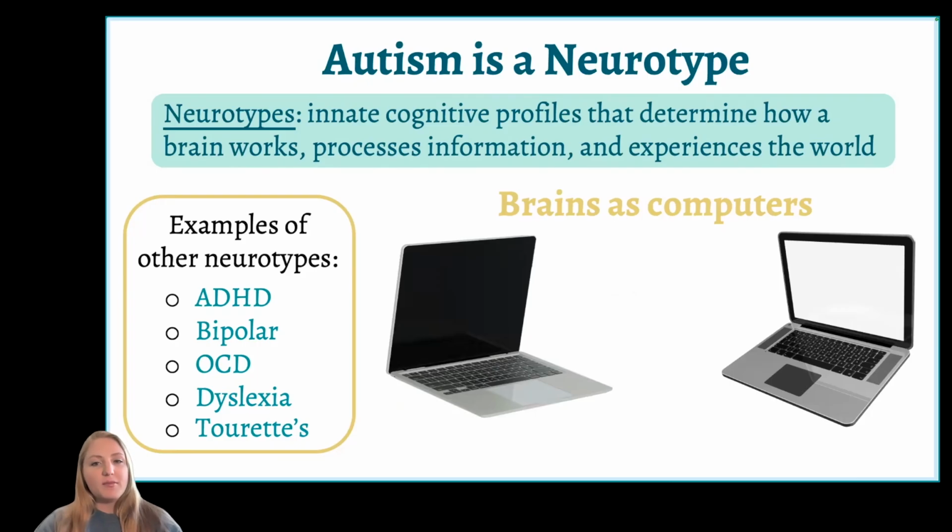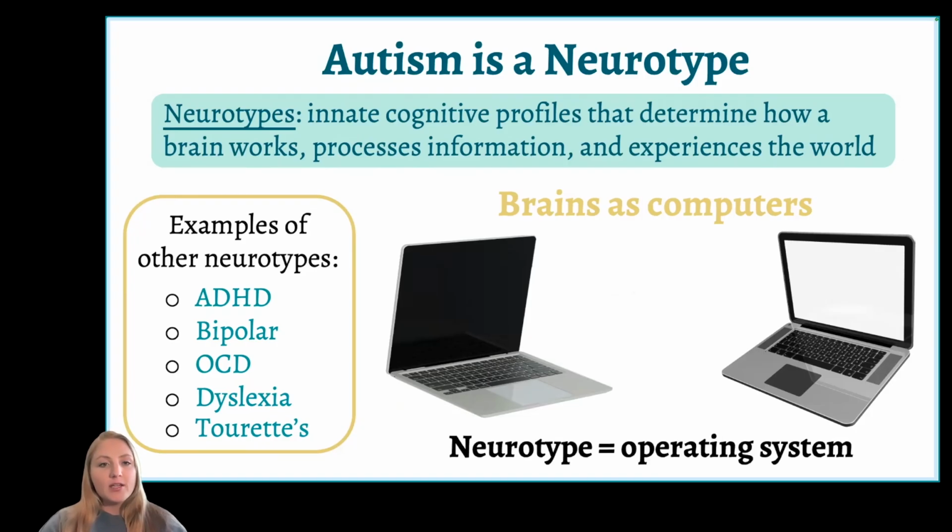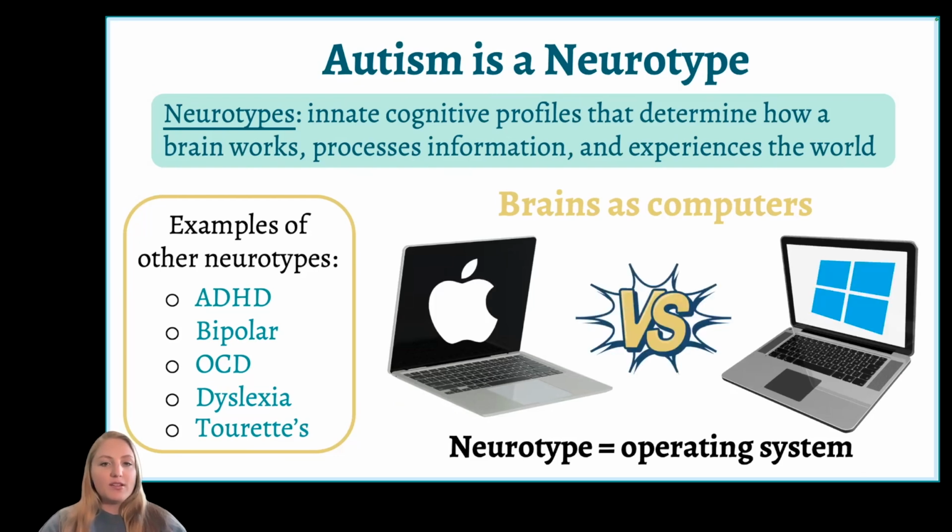We can think of brains as each being unique computers with various programs installed and files saved that can represent individual experiences, memories, and learned skills. Neurotypes are kind of like the operating system, or the OS, of a brain. So, similar to how your computer might run Mac, Windows, or even Linux, neurotypes are central to how information is processed by default. So, for example, some systems might rely more on raw sensory data, while others rely more heavily on prediction. And there might be differences in how quickly models of the external world are updated.